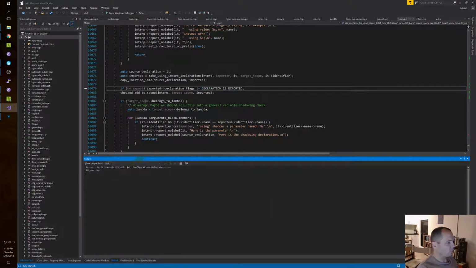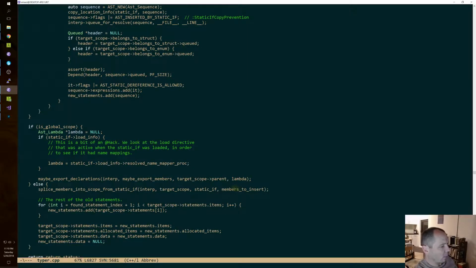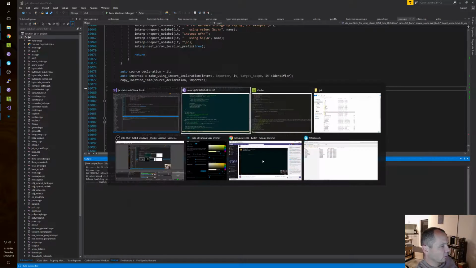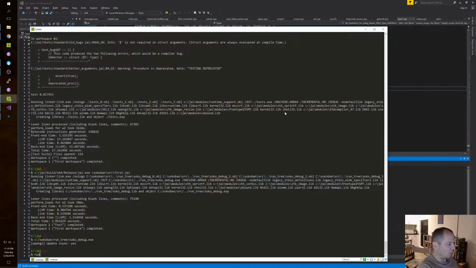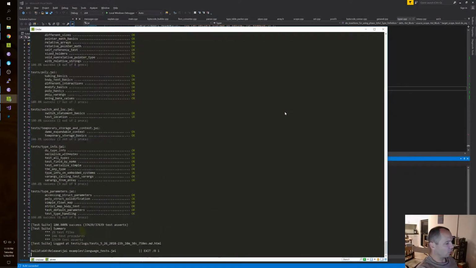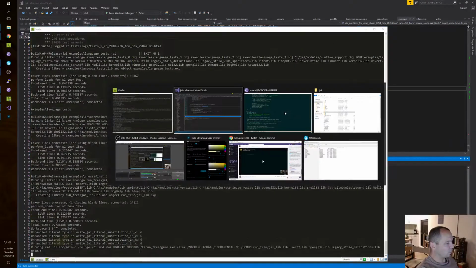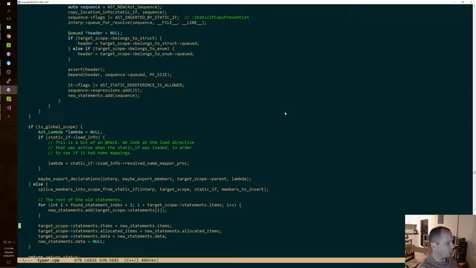Let me just make sure I didn't screw something up there. This splice didn't matter because members to insert would be empty. That works. This works. Unfortunately, that cost us a couple lines. We're okay. This will get us a couple lines back. Target scope equals new, target scope arrow statements equals new statements. Yeah, but that is how we roll.